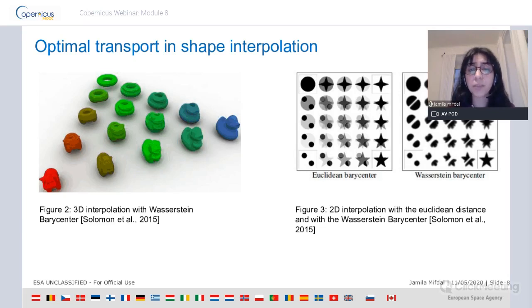Whereas with the Wasserstein barycenter, each time we do the interpolation, we have a new object with new geometrical properties. So the Wasserstein distance in the optimal transport theory is a strong tool for comparing geometries and conserving the geometry after applying, for example, here 3D or 2D interpolations.